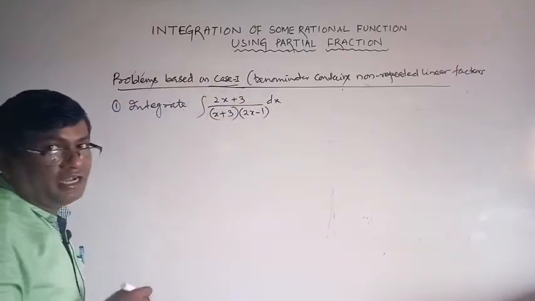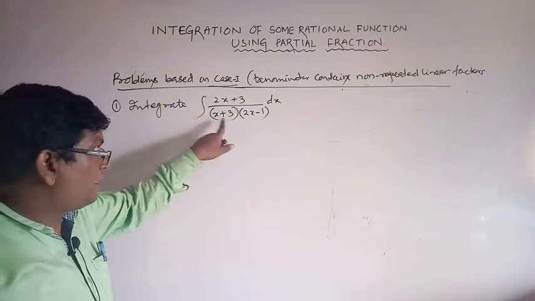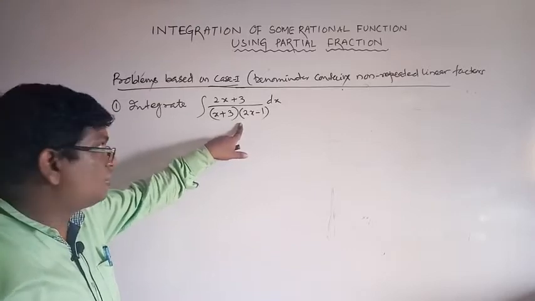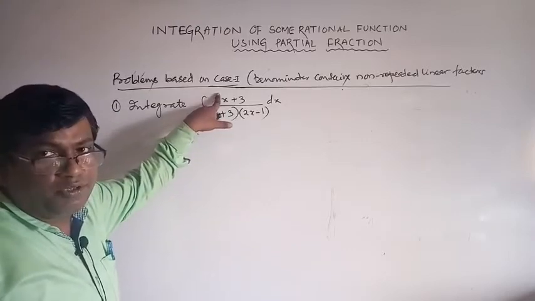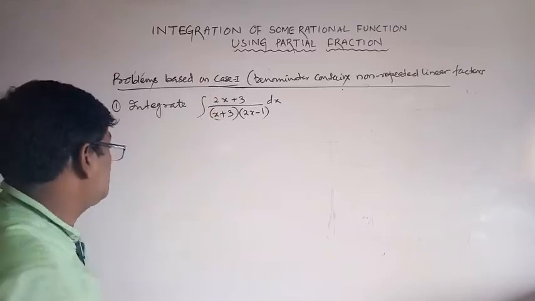Okay, how to integrate this? If you multiply this, what is the degree of the denominator? Degree of denominator is 2. Here the degree of numerator is 1. So it is proper. Clear? Solution: